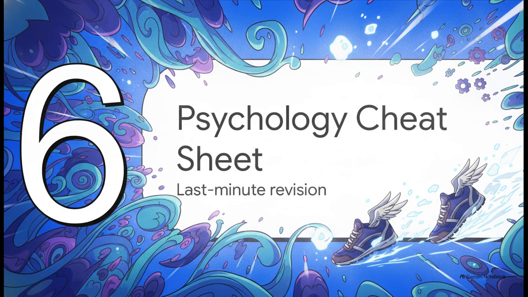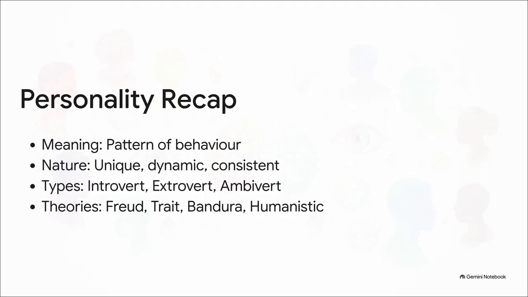Section 6, your psychology cheat sheet. Last-minute revision. All right, rapid-fire recap time. First, our internal engine, personality. Remember, its meaning is your overall pattern of thoughts, feelings, and behavior. By nature, it's totally unique to you, dynamic enough to grow over time, yet beautifully consistent. You can be classified as an introvert, you draw energy from the inside, an extrovert, the outside, or an ambivert,